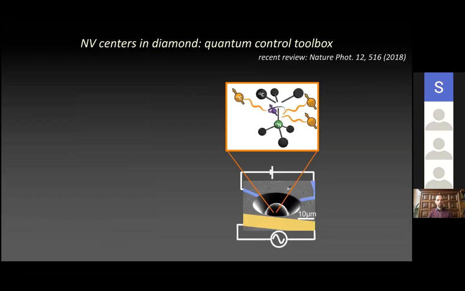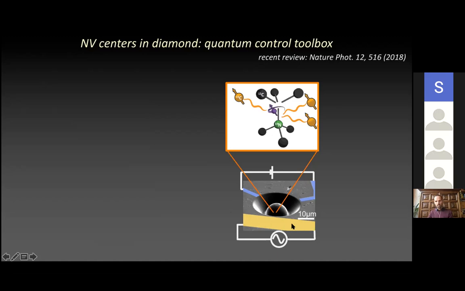Virtually all the experiments I will be talking about today have been done on devices that look like this. Today we also work on different types of devices, but for this talk, let's focus on this one. What you see here is an electron microscope picture of a piece of diamond, and a little half dome has been etched out using a focused ion beam. It has been etched out right on top of an NV center that we pre-characterized. So there's an NV center right here, and we have this half dome that also has an anti-reflection coating to get the light out very efficiently.